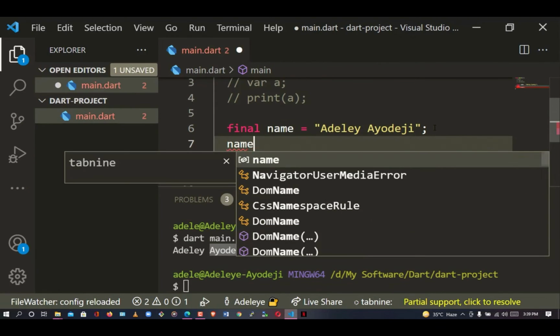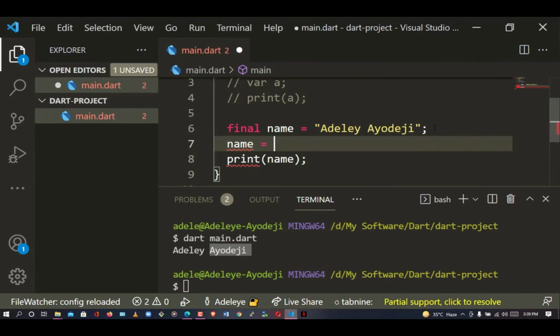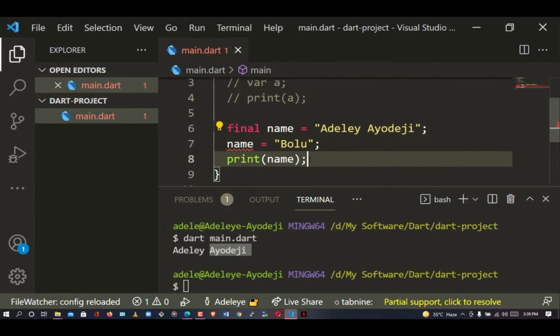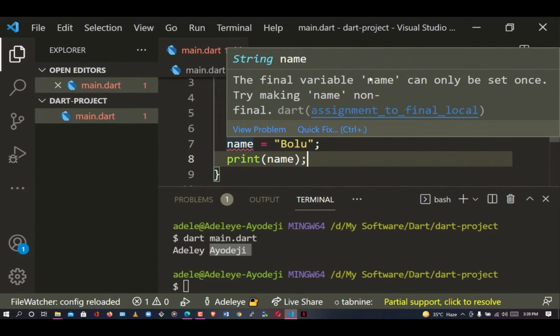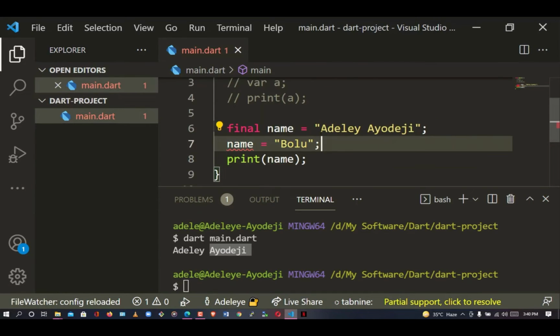Now if I try to override the name, saying Bolu, so a new name is given to it, as you can see, it says the final variable name can only be set once. So we cannot assign a new data value to it. Because we've already declared this name here, we cannot assign new data into it. So there will be an issue for us to do that. Okay, so now let's move on to the next one,